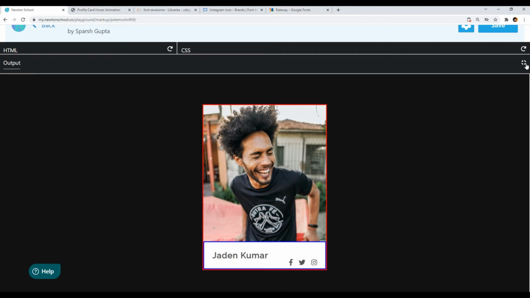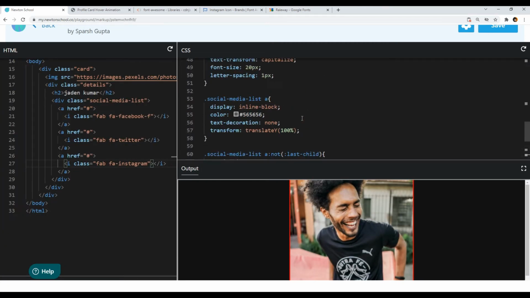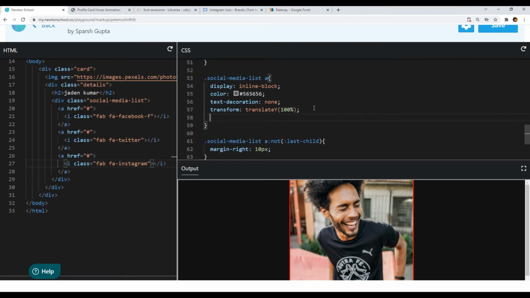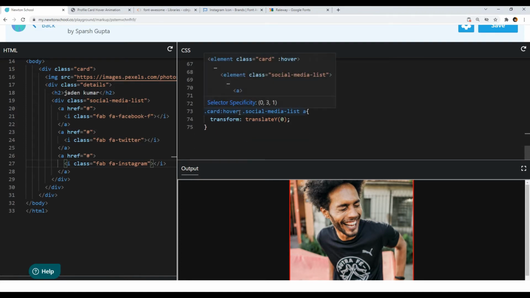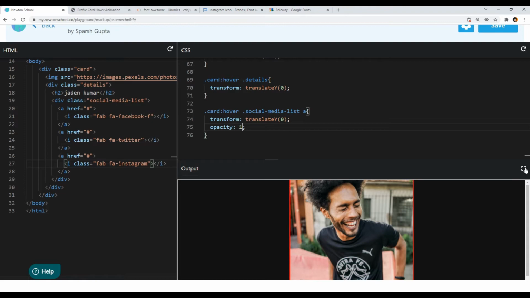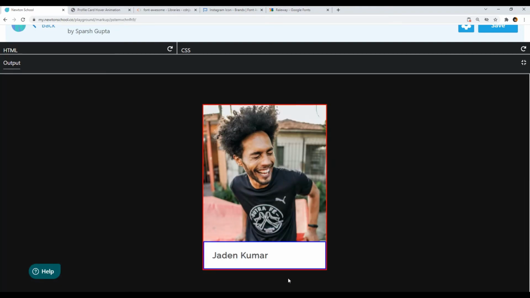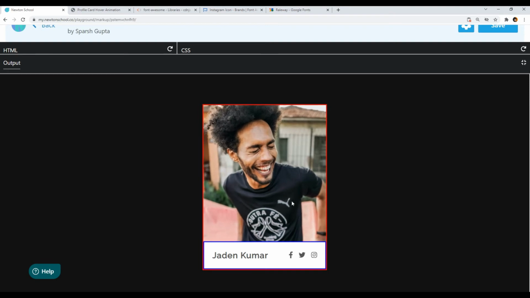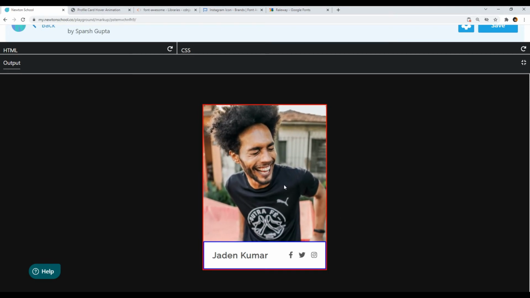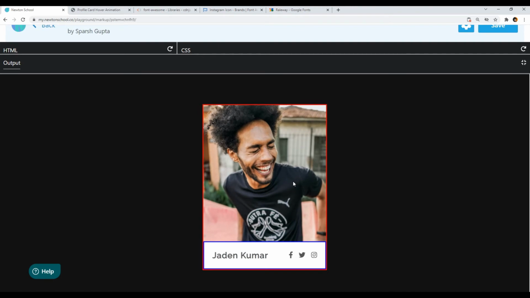So I will make their opacity 0 initially, and when we will hover on our card, I will make their opacity 1. And now you can see their opacity is 0 and they are invisible, but when I will hover on the card, they are becoming visible because their opacity is becoming 1.